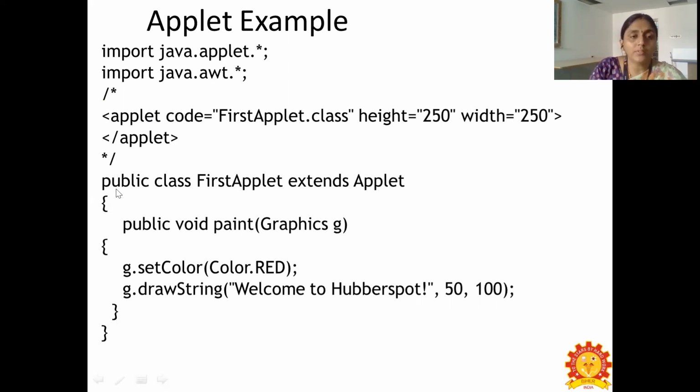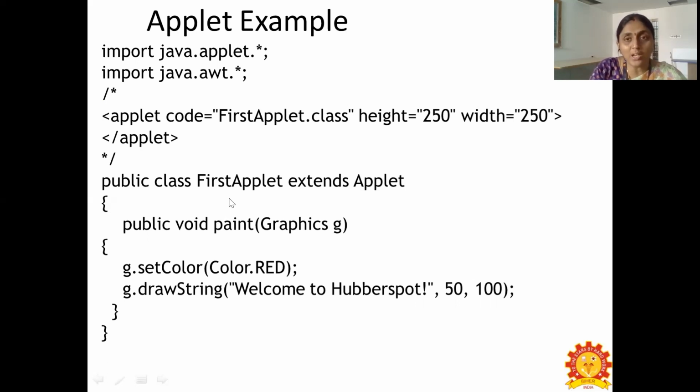And now we will see the definition of the class. Public class FirstApplet extends Applet. So Applet here is a superclass, and from this class we are deriving the FirstApplet class. And we have a paint function, as we discussed earlier. The paint function is to draw text or images.